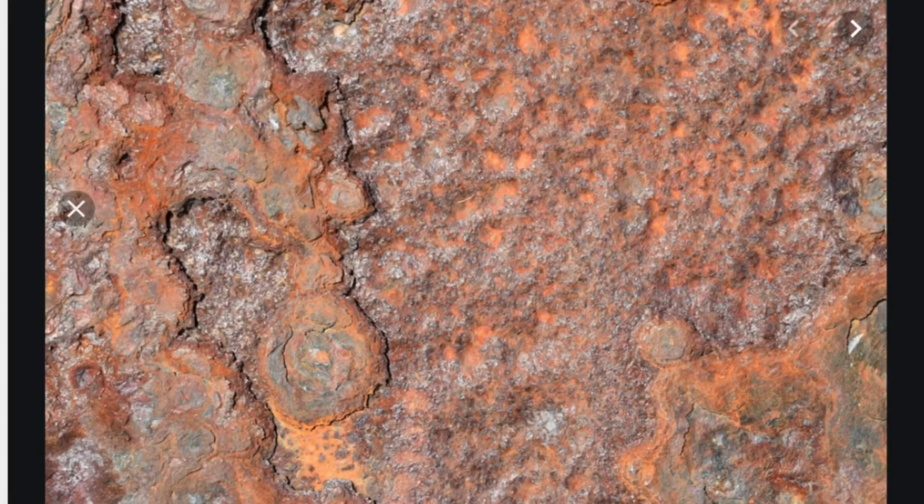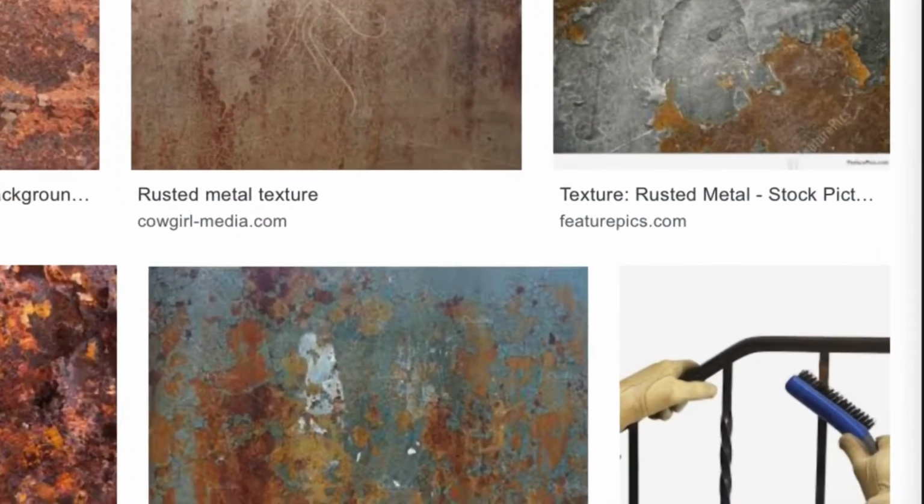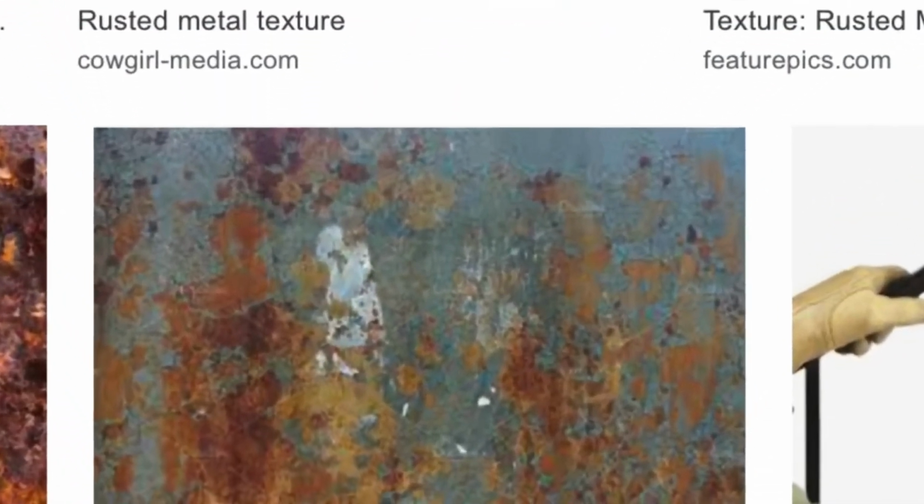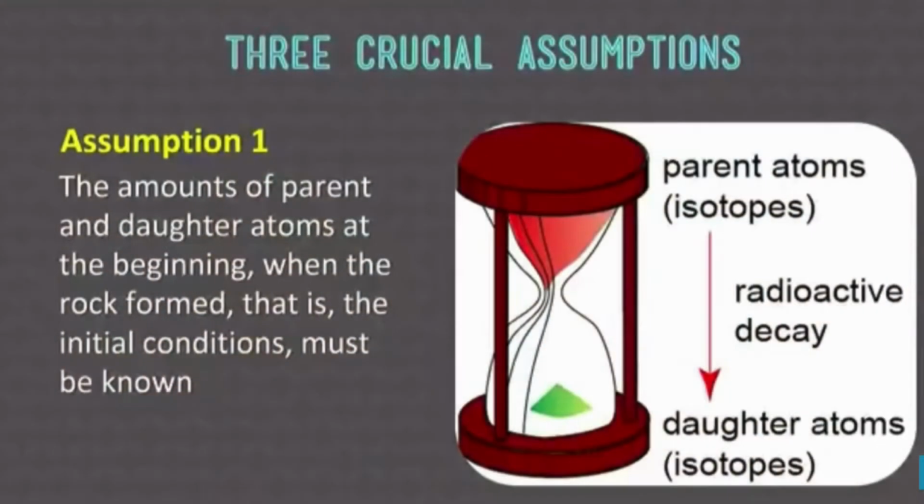On the first assumption, what they're trying to get at is, let's say that the metal was made with some rust in it. Then if you find another piece of metal that has rusted just as much, you would assume it took 30 years for that metal to rust. I know what you're going to say. It's a new piece of metal. There wouldn't be any rust in it. That's because it was made by man.